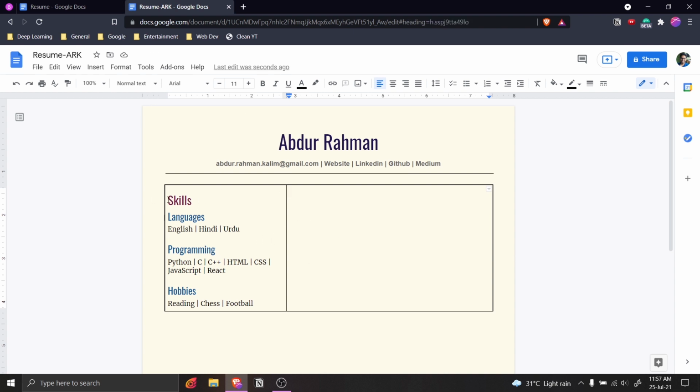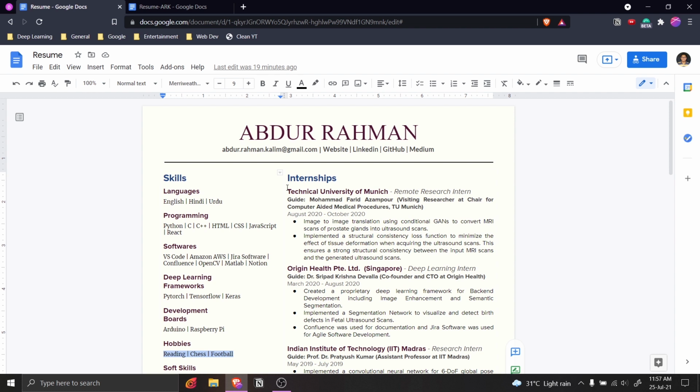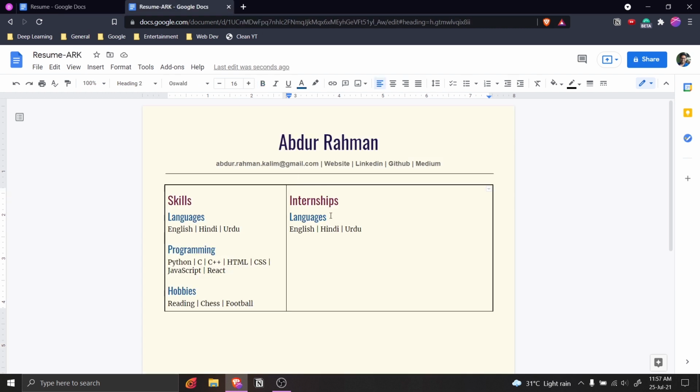So now let's populate the other side of the column. To do that, let's just copy this, okay, and paste it here, and here let's call it internship. Cool. And the first internship is the Technical University of Munich, where I have done a remote research internship, right? I'm just going to paste again, preserving the formatting with Control Shift V, and then I can also add the designation here,